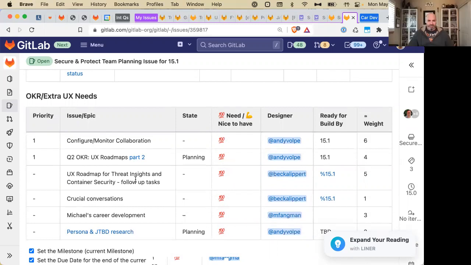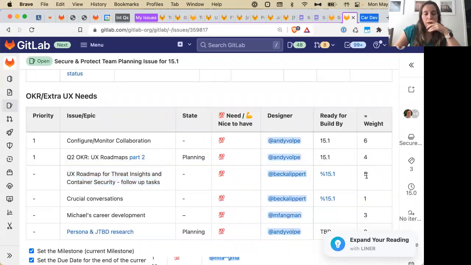Is this still a 5? No, I am finishing that today. I changed the epic and started changing the themes, but there's a bunch of them.